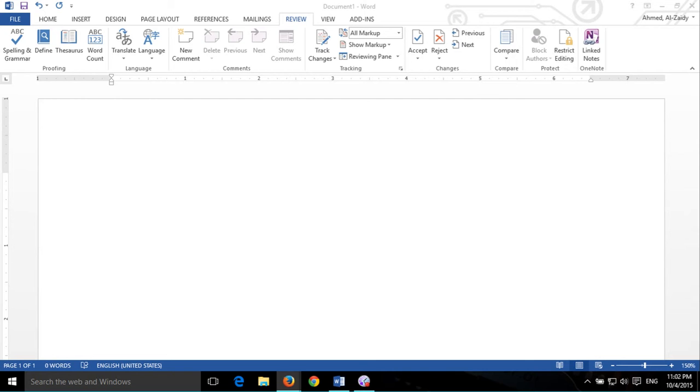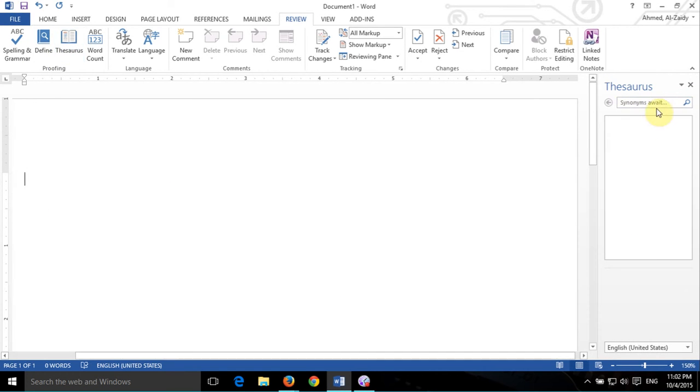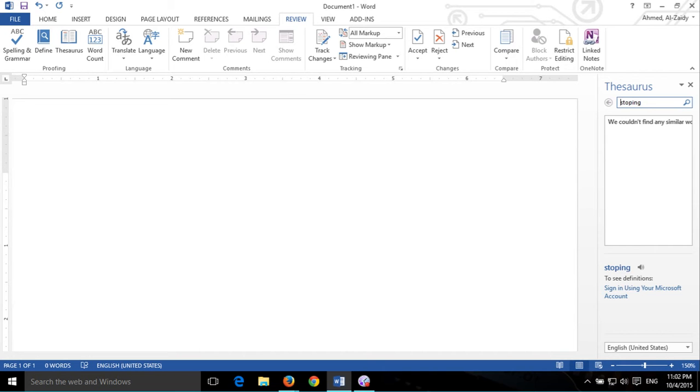Then we have something called thesaurus. The thesaurus will give you meanings of the same word. Let me say thesaurus, and now I want to search for the thesaurus. For example, stopping, and it will give me cannot find. Good. Let me say